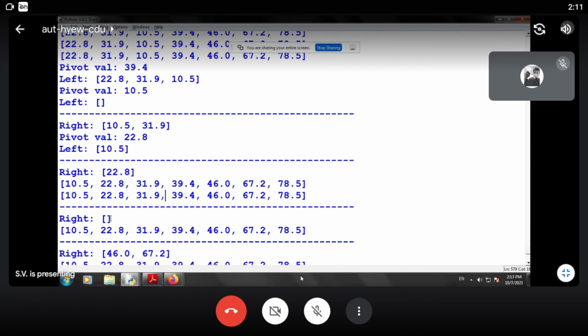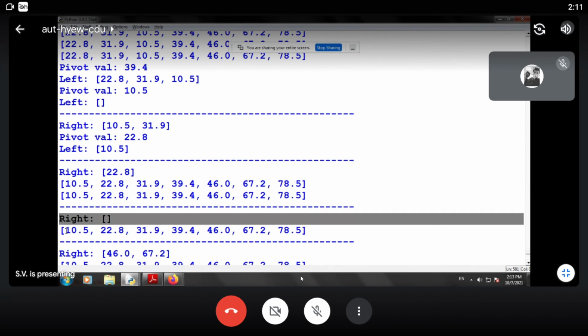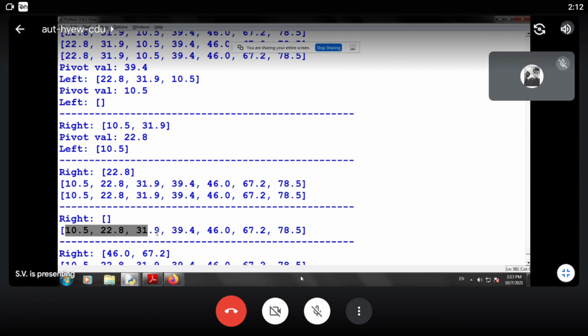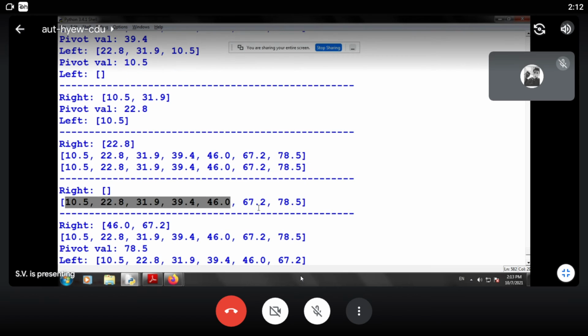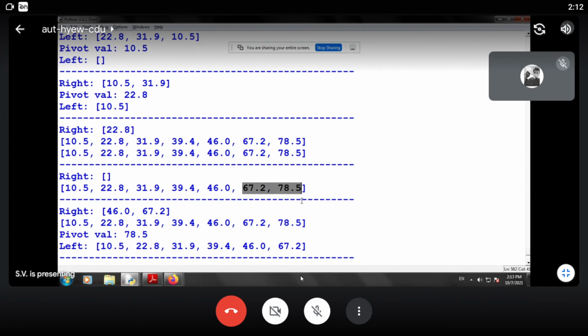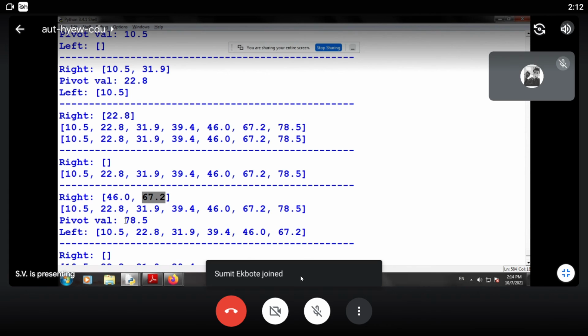So the right subtree is updated over here, and we find the data has been sorted till 46 and 67 and 78 also, but a new pivot over here is defined. So the right of 46 is 67.2 and then 78.5. So the new pivot is 78.5.